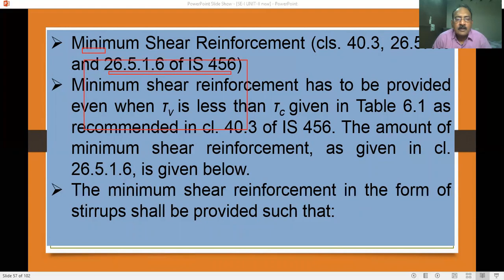These are empirical formulas and they are already given. In design, we don't have any formula derivations; there are direct formulas, application of formulas in design. So this is the formula for minimum shear reinforcement. Here, what is Asv? Total cross-sectional area of stirrup legs. Suppose this is a stirrup. If you have this stirrup, see what the shape of it is.